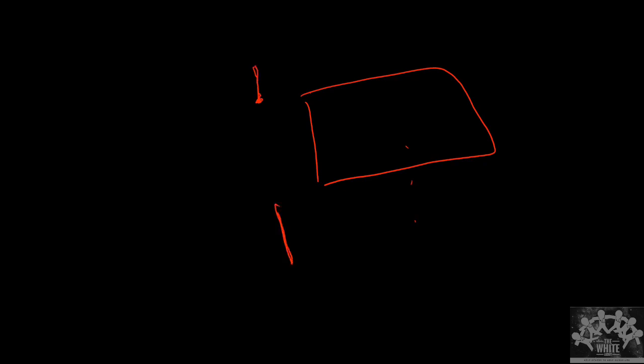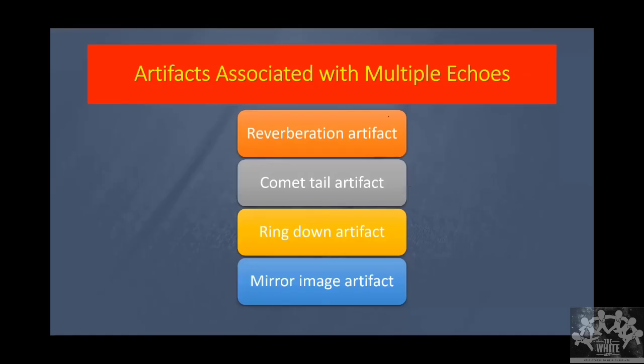So these are a few artifacts which are computer-generated. When an ultrasound image is processed, it is with the assumption that the sound I send in is reflected by one surface without any deviation, and each sound sent is reflected only once. Whatever image processing is done in the machine is based on this assumption. So artifacts develop whenever there is any deviation from this. That is what is meant by multiple echoes creating artifacts.